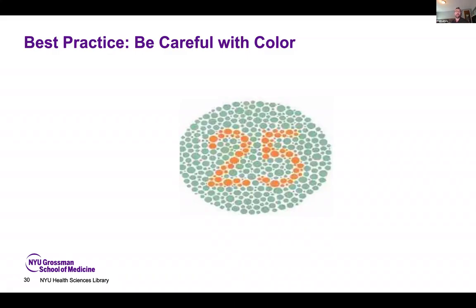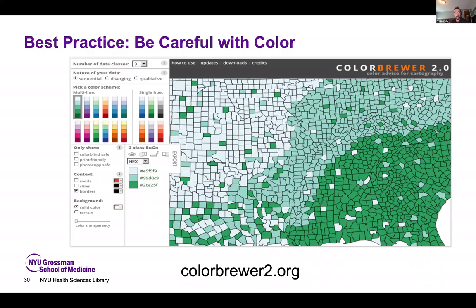But there are resources. One site I like is colorbrewer2.org. They're explicitly designed around maps, but one of the nice features is you can actually just filter to use colorblind safe palettes. You can also filter to use either diverging or continuous sets of hues.